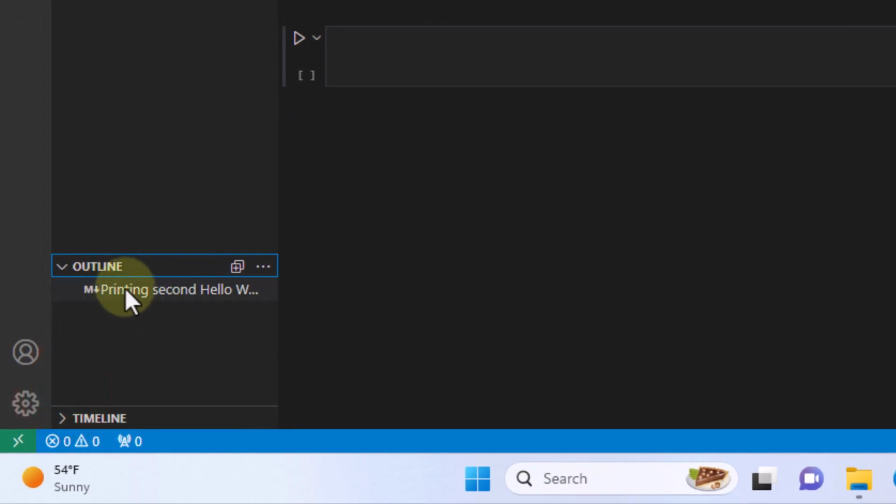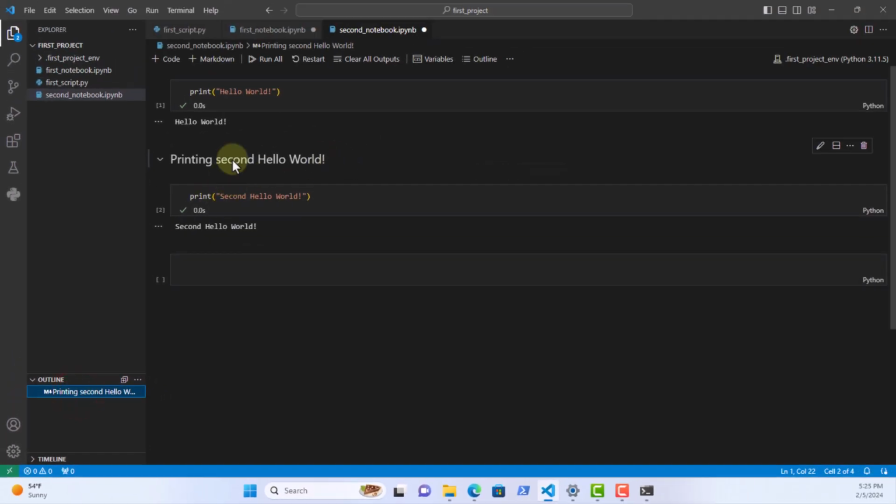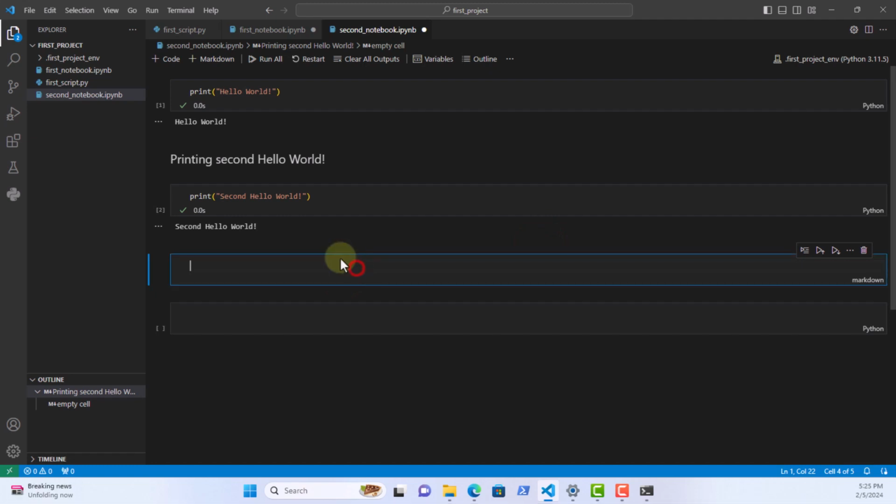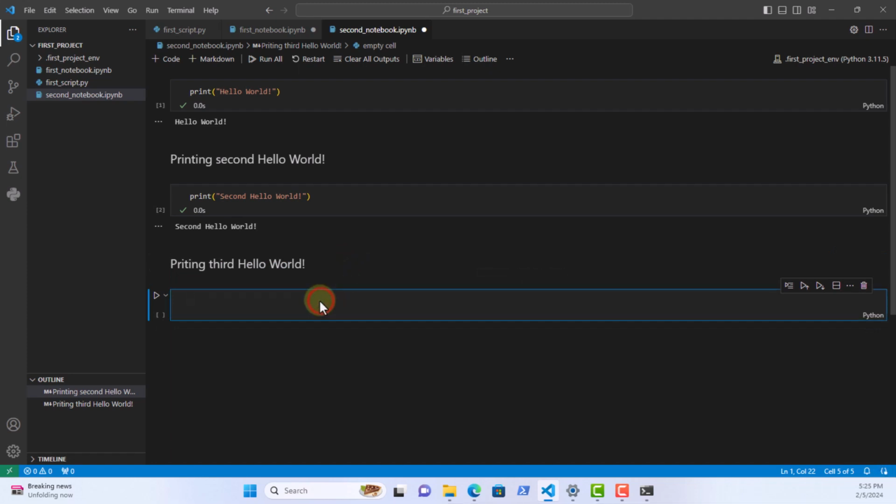code is what ends up being your navigating option, right? It documents your code and then you can click on it and it will take you to that collection of cells. For example, if I create another Markdown cell here and printing third hello world, Shift Enter, and then I'll print again,